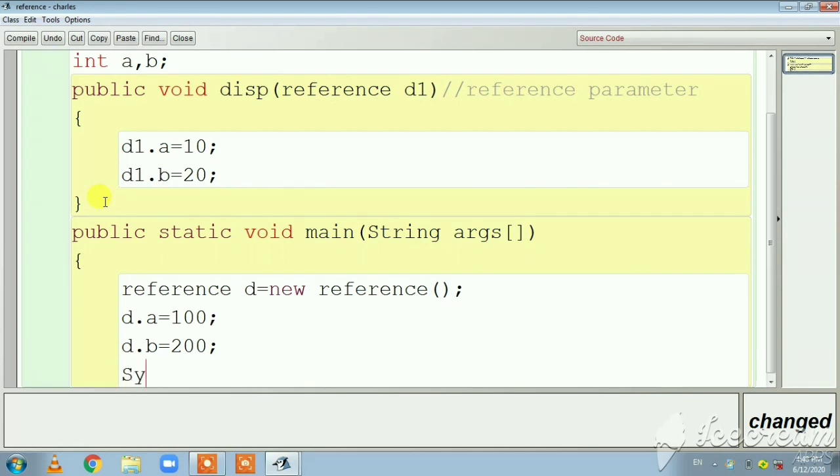So I am going to display the values for a and b. This is known as before calling function. So I am typing here before calling function. I am going to print the value plus d dot a plus d dot b.